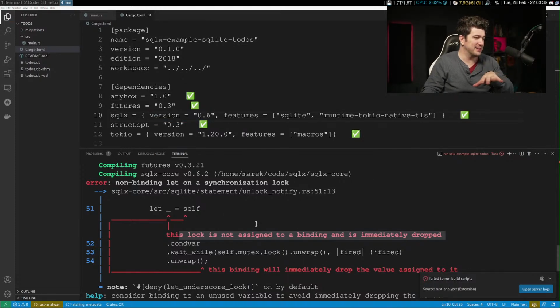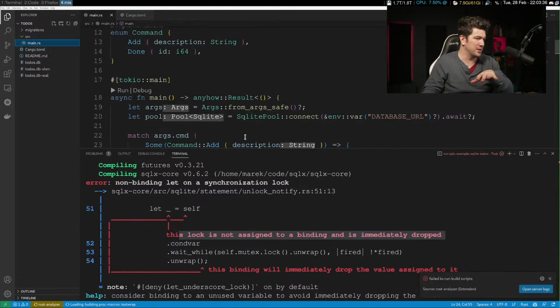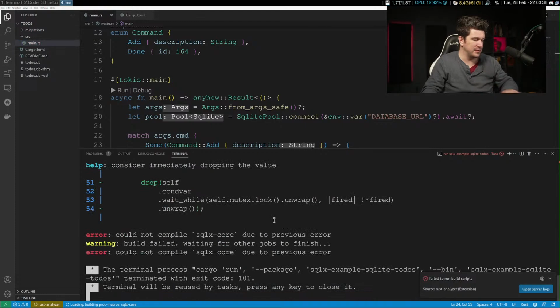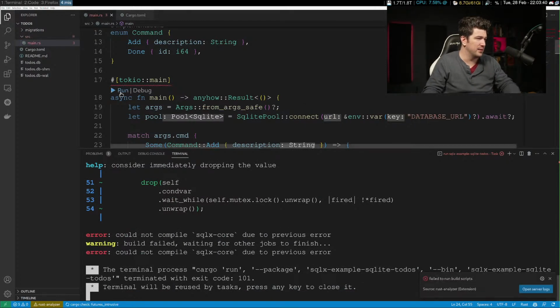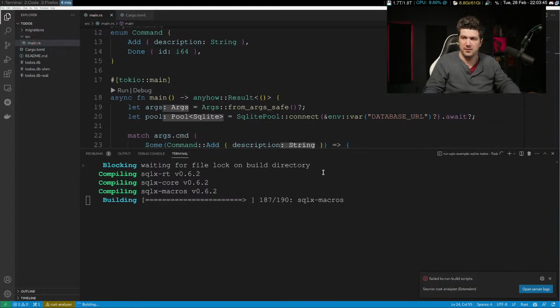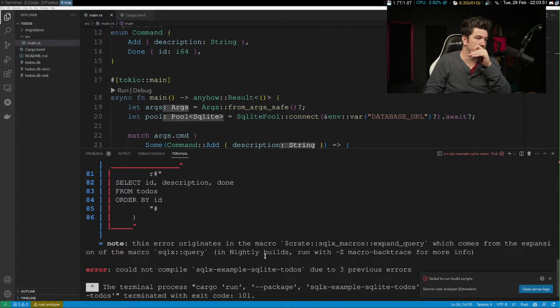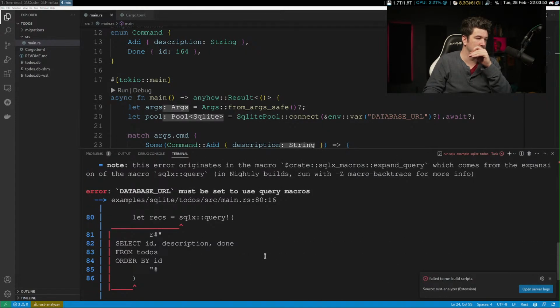Because what I think is happening is there's a problem with the version that we're... All right, let's run this and see if... So this is where you need the .env file.